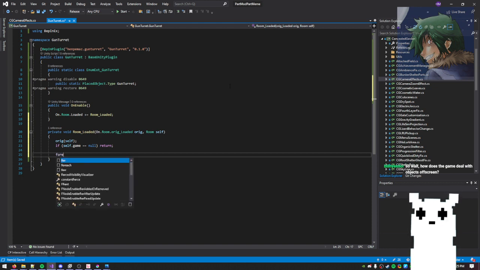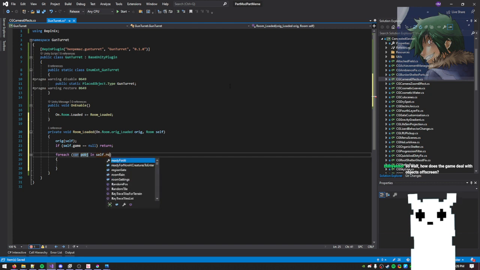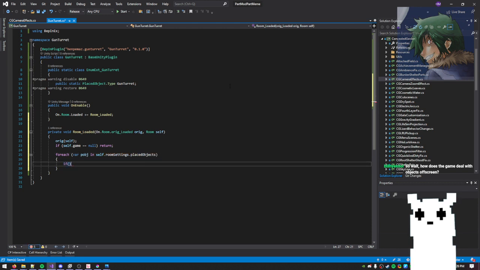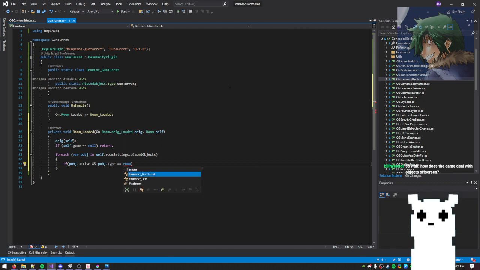Else, for each placedObject in self.roomSettings.placedObjects, if the placed object is active and placedObject.type is EnumExtend GunTurretType. So if there is an object in this room,